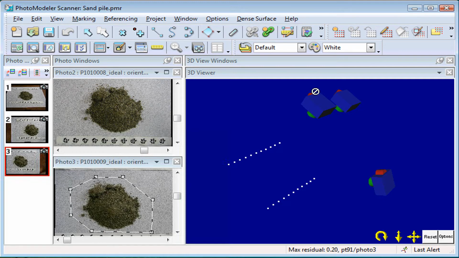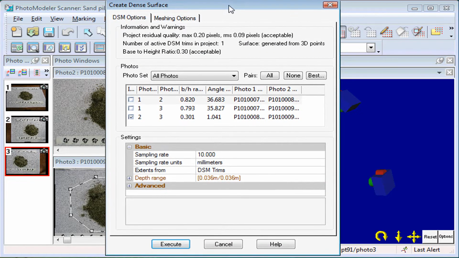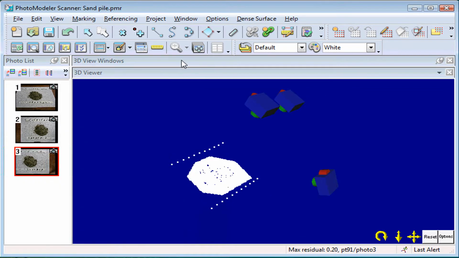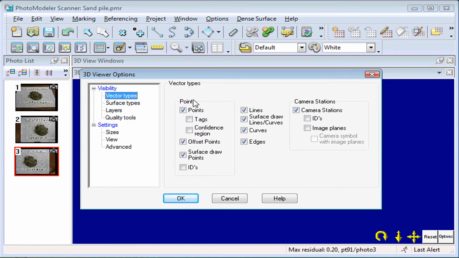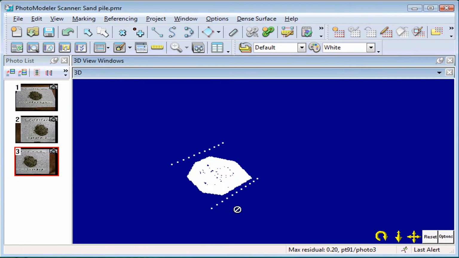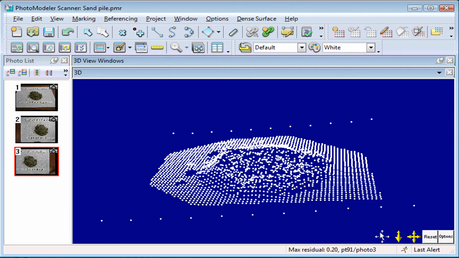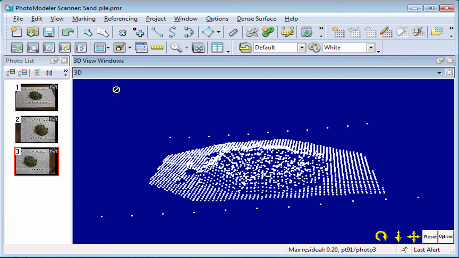The depth range tells Photomodeler Scanner how far above and below the base surface to search for 3D matches. The values here are default values guessed at by the program given the existing points. Let's perform the DSM extraction. You can see the ground level and part of the pile were extracted correctly, but the center portion degrades into